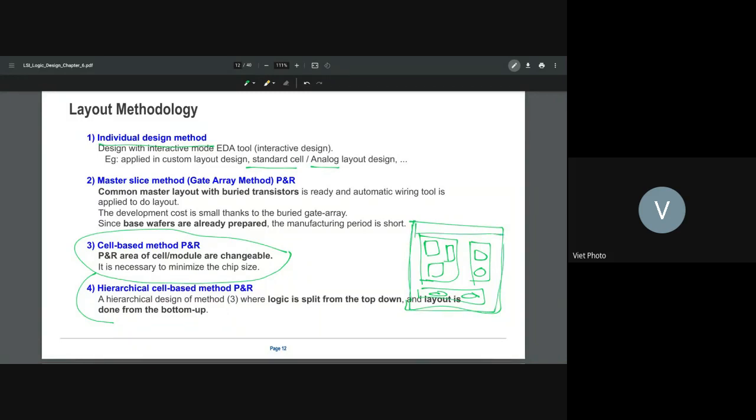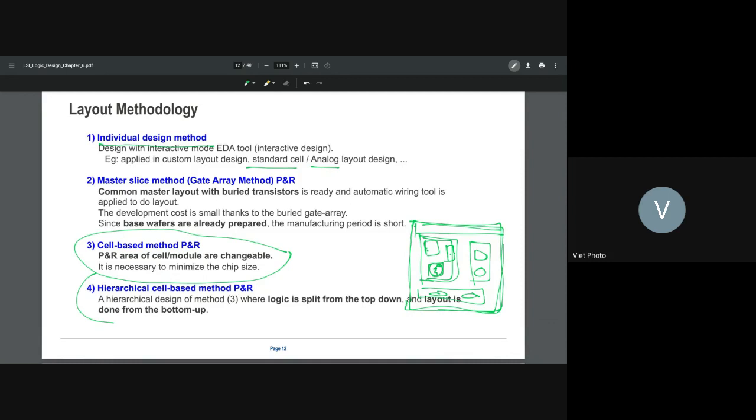So you have the design planning, you design top-down, but when you implement that, you have to implement this one as a building block. Let's say the building block is the cell library. From the cell library, you build a smaller block. Many smaller blocks will make a bigger block, and many blocks will make the chip. So that's